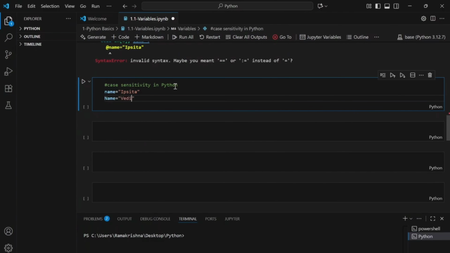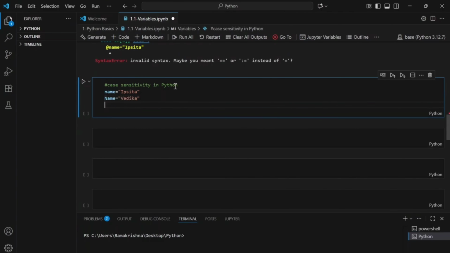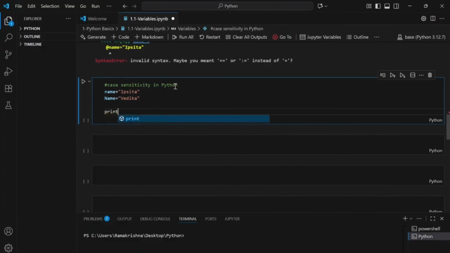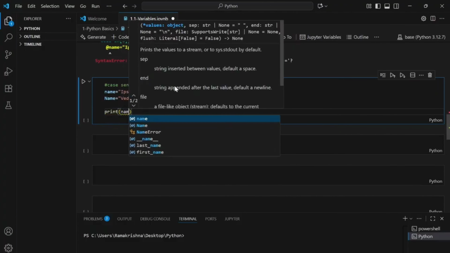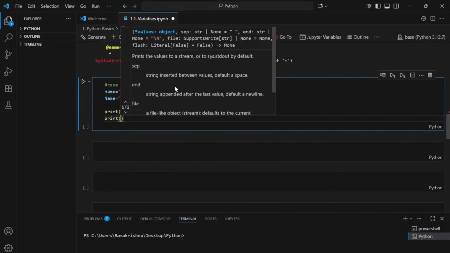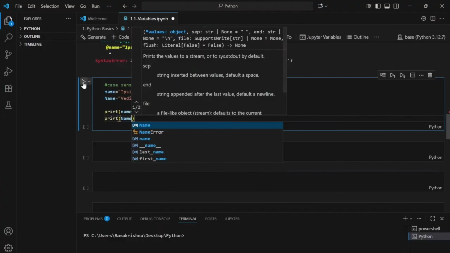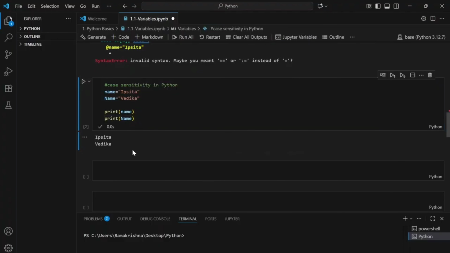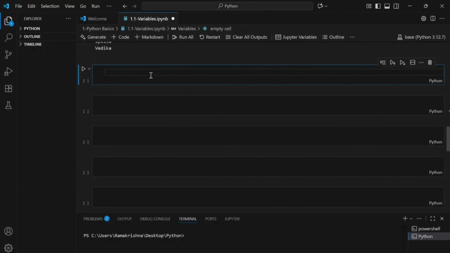If I write some other name here, Vedika, and I print both the variables, it should be printing two different names here. Yeah, correct.